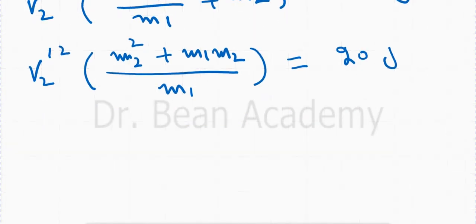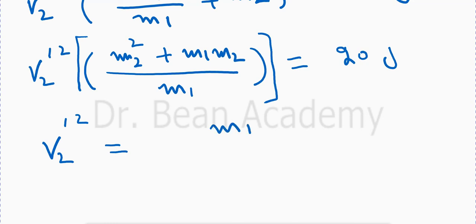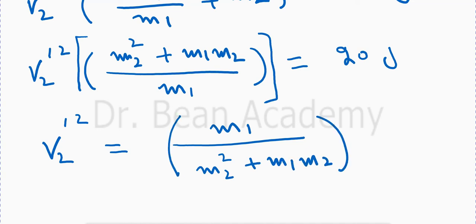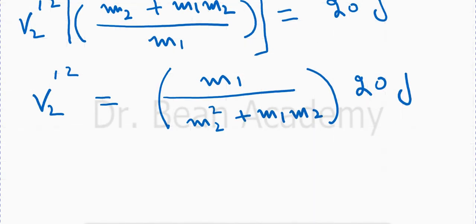So now I want to get rid of this term with v2 prime squared, so I will just multiply both sides with the inverse of this term. So v2 prime squared equals, this term will cancel out, and here I will get on the right side the inverse form of this expression. So m2 squared plus m1 m2, and it will be multiplied with 20 joules. Okay, so I got the final expression for v2 prime squared,